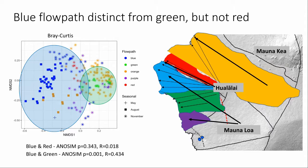All right, the last question, the flow paths. Can we differentiate these flow paths distinctly from each other based on microbial community? Here are the flow paths identified in the Keauhou aquifer, so it would be particularly blue and green, and those are colored over here in the NMDS plot. Blue is here, green is here, and we then asked whether